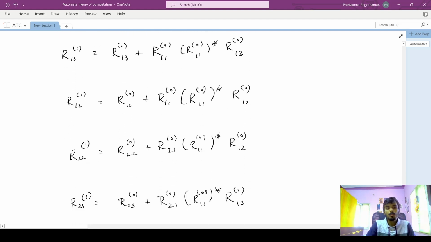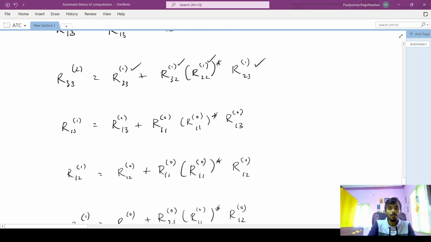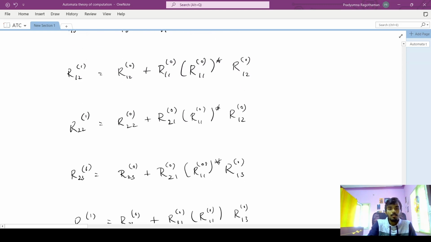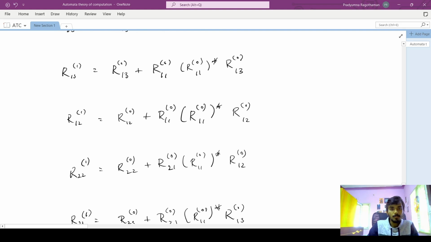Now we'll have to define with the superscript 0. So now we have,